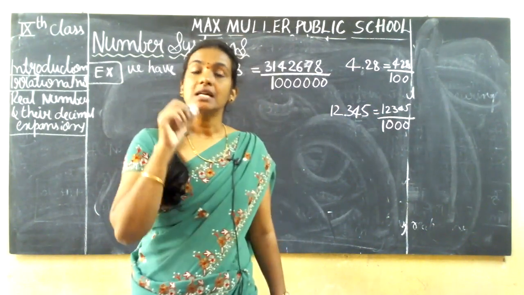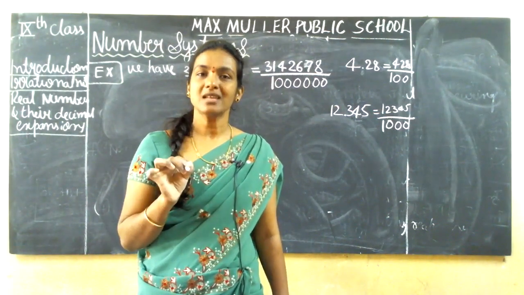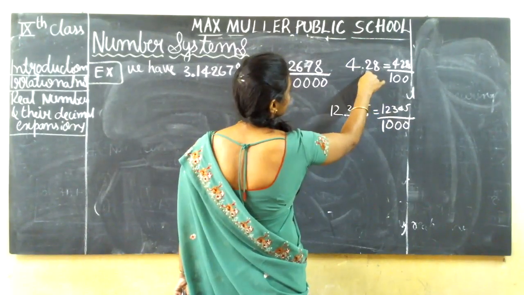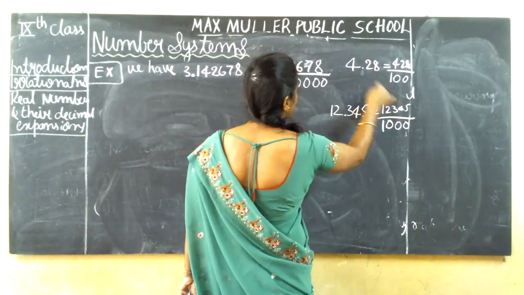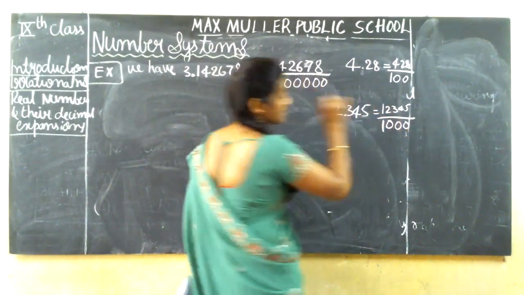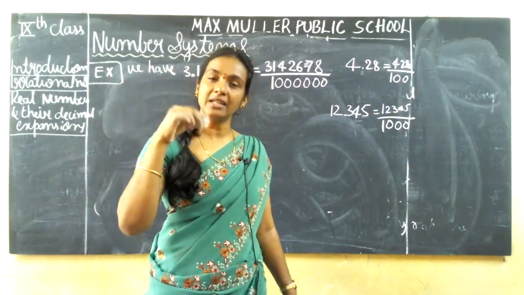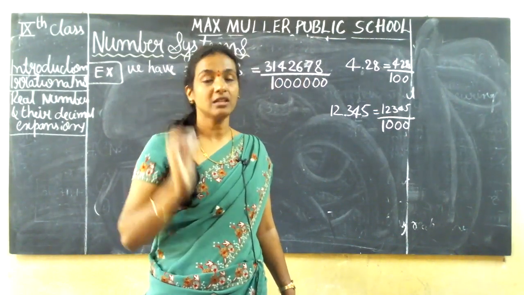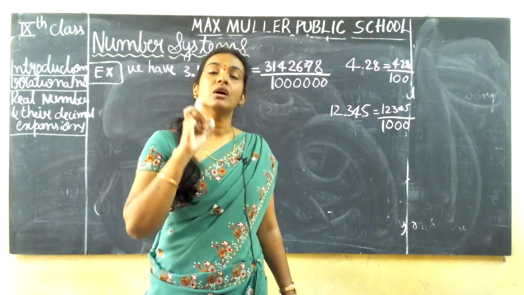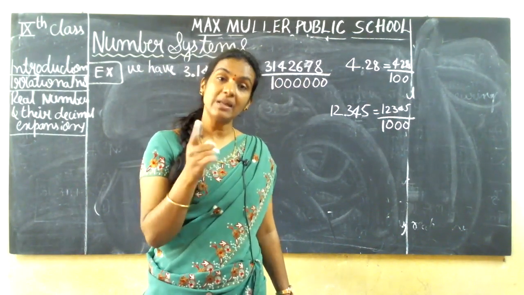These kinds of numbers are terminating numbers. Yes or no, guys? After these many steps, you are getting 0 as a remainder. If you have a terminating number, then directly you can take a power of 10 and write it in the form of P by Q. This is how you have to write the values of decimal expansions in P by Q form if the given number is terminating.